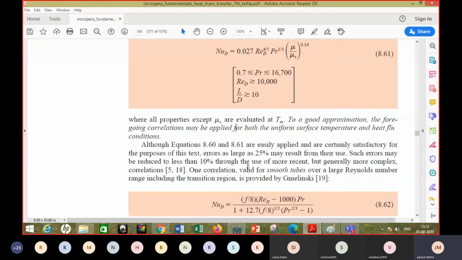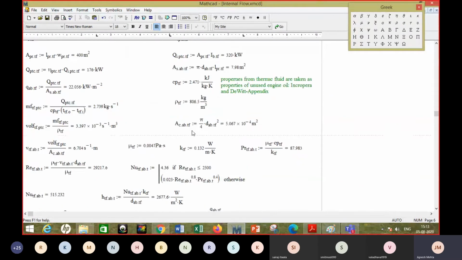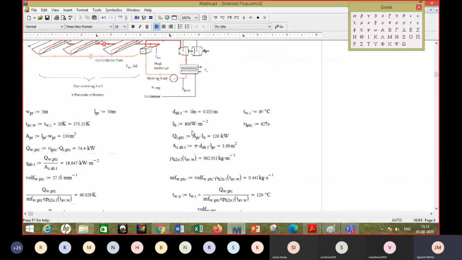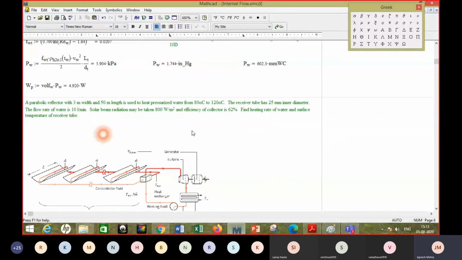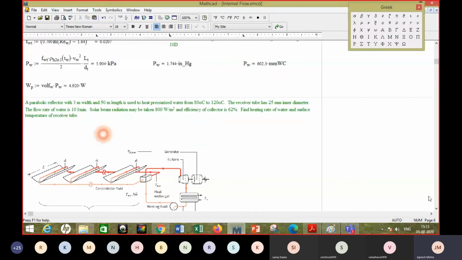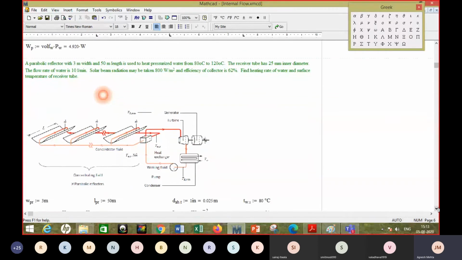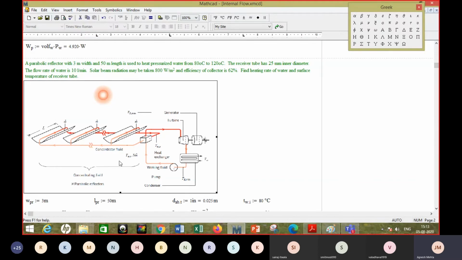So now I think we are equipped with the required correlations and the Nusselt number formula, so we can take up an example. A similar example has been solved for two different fluids, one for water and another for thermic fluid. Thermic fluids are basically oils, right? You are going to use the properties of engine oil, and you can use them because they don't boil at 100 degrees Celsius. So for high temperature applications, they may be used because they would not start boiling.